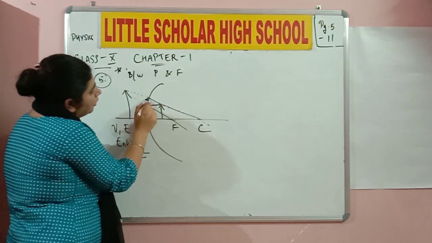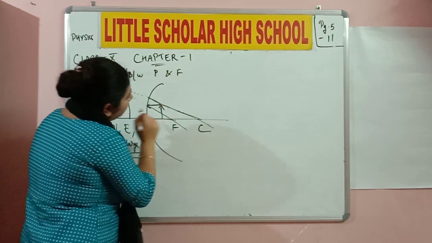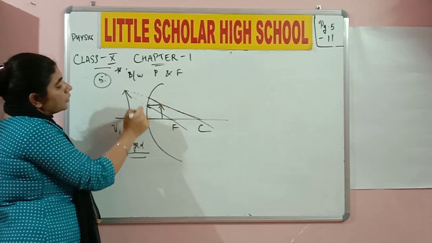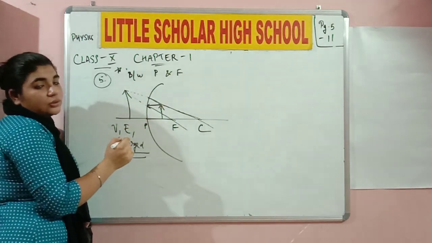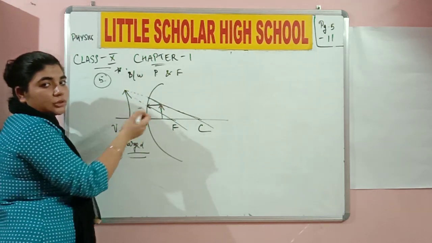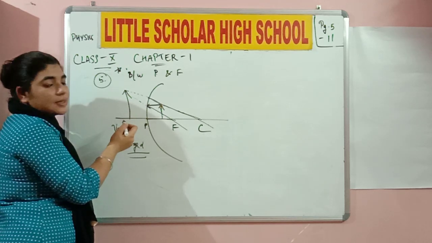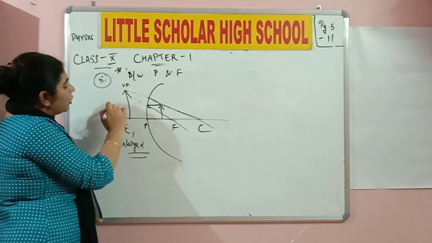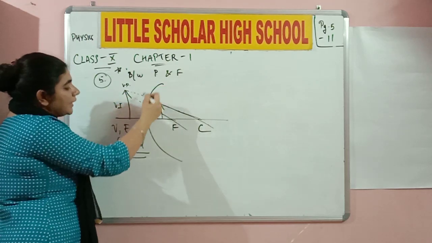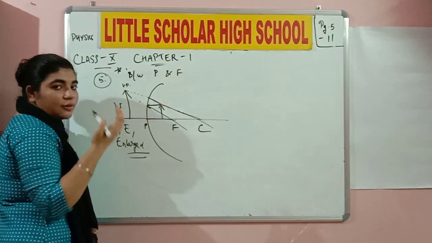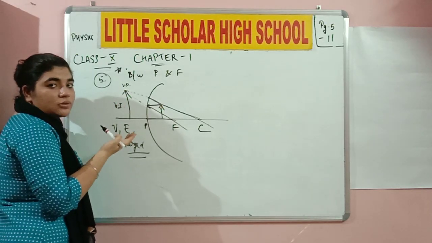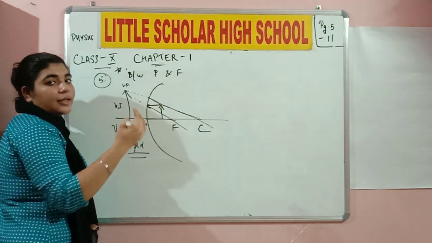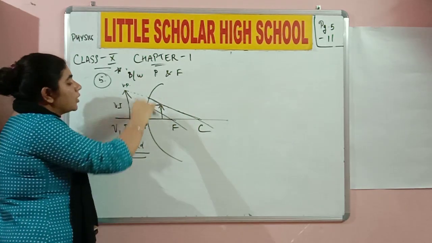But here, these are bold ones, whereas these lines that you see behind the mirror have to be dotted. What do these dotted lines represent? They represent the virtual lines, the virtual rays. Okay, the virtual rays are going to meet at a virtual point over here, which is going to form a virtual image. So any image that you're going to see in the mirror is definitely going to be the virtual image. Yes or no? The images that you see on the screen are the real images, and the images that you see in the mirror are the virtual images.